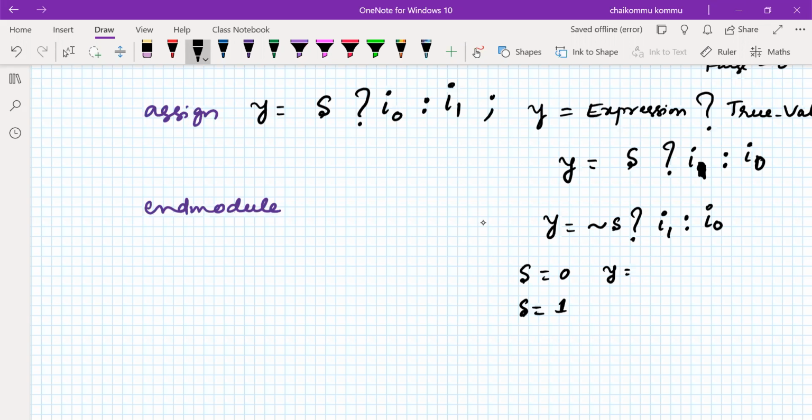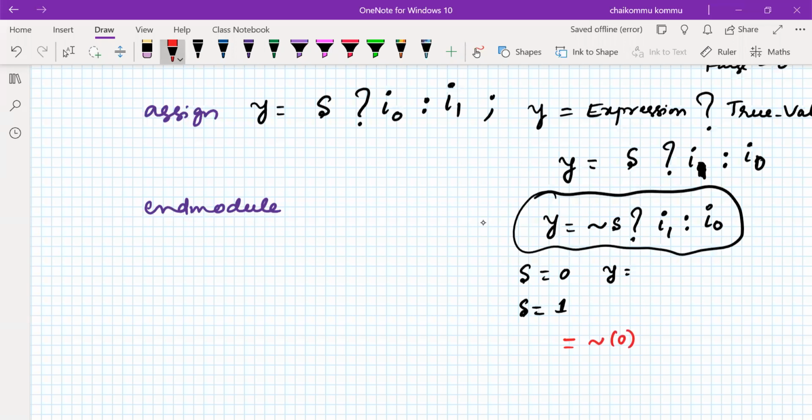The question is, in this particular expression, I have written, this is also possible. Whatever is before the semicolon will be called an expression. An expression can be some kind of equation, or directly a true or false condition, doesn't matter. That expression I have mentioned and two assignments I have done. What is happening if S is equal to 0? Here it is considered as not of 0. That's the meaning. Then I1, I naught.